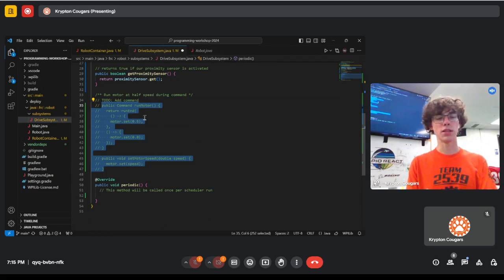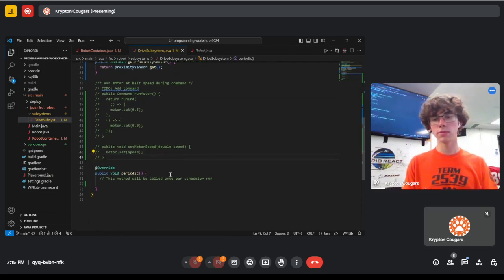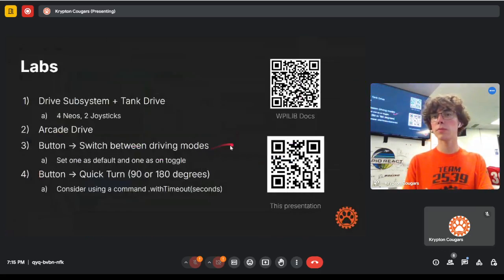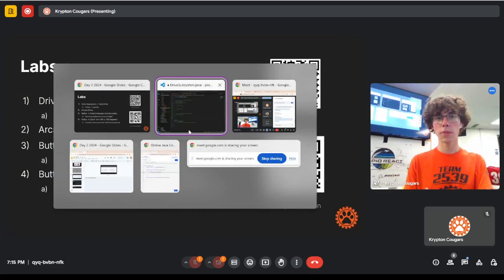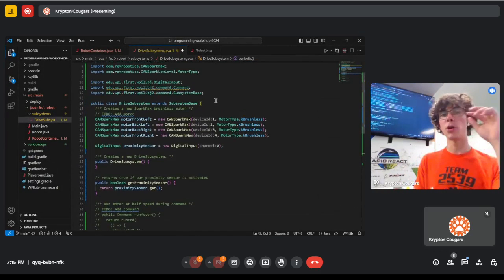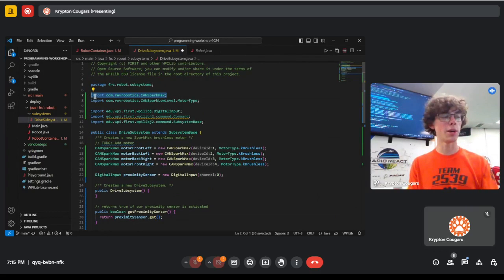Or if you're on a Mac, pressing Command and slash. Just a reminder, if you're getting issues where, say, SparkMax isn't appearing, make sure you have this at the top,